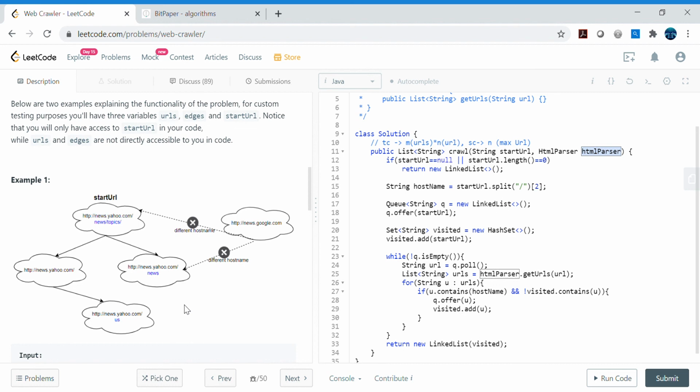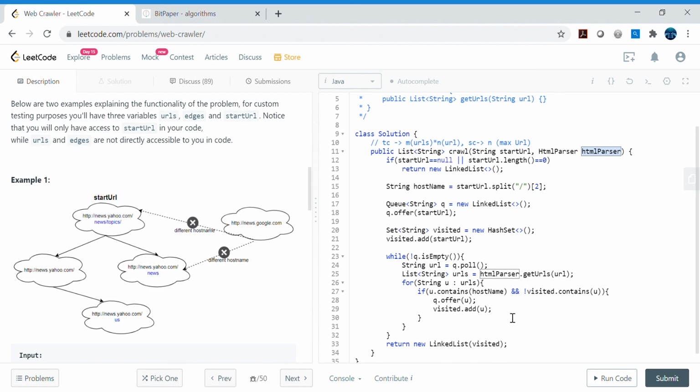And in breadth first search, we use the queue data structure. That's exactly what we are doing here. We are starting with the start URL and then calling the API that gives us the other connected URLs. Then again we store those connected URLs in the queue, which further gives us other connected URLs. That's the way we keep traversing using the breadth first search strategy.